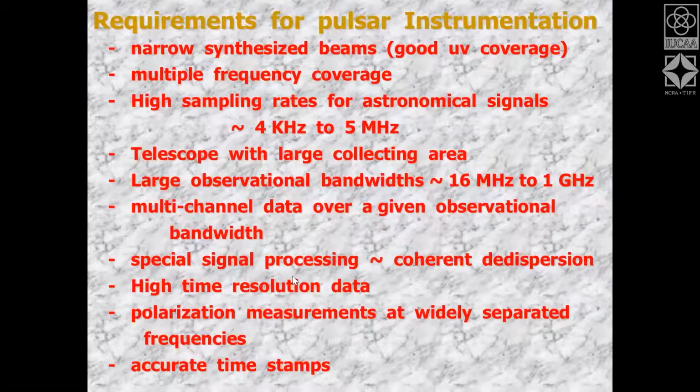Okay, and you need special signal processing like coherent dispersion, which we discussed, and you need receivers which give you polarization. But most importantly, to be able to extract information from the pulsar time series, as we will see later on, you need to time the pulsar. That means you need to find out the time at which a pulse arrives at your observatory, which is also known as time of arrival. Okay. To do that, you need a very accurate clock, and you need to associate the pulse with an accurate timestamp. So this is what you need for doing typically pulsar observations.